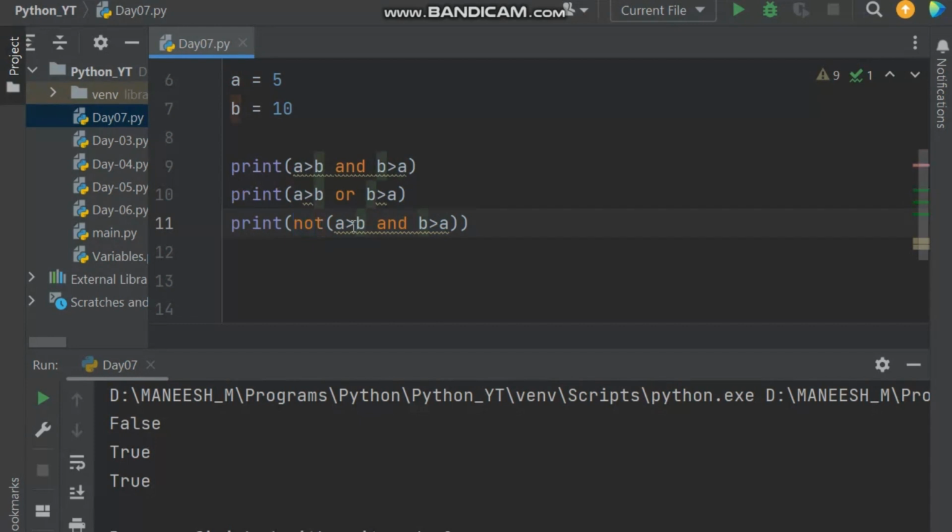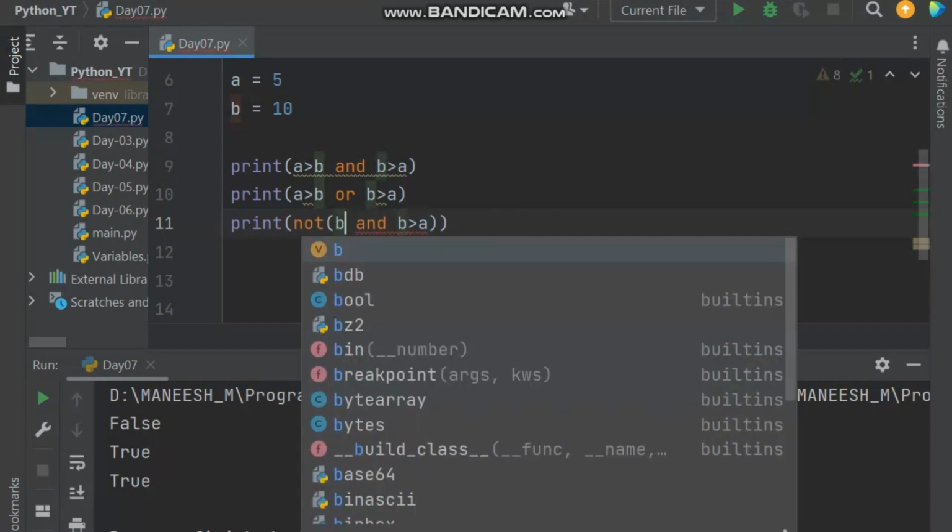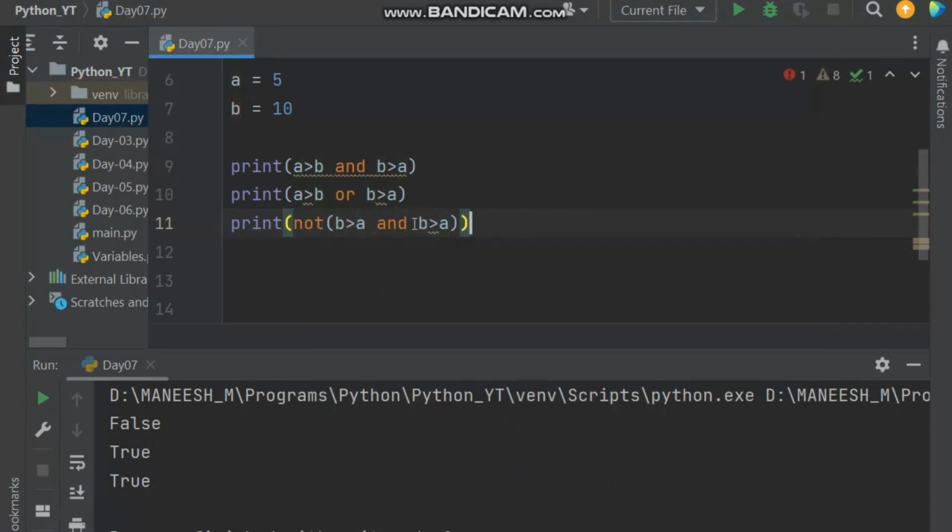Let's assume it is also B greater than A. For instance, we should get a true value, right? But here we'll be getting false because the condition is true. In the same way, we are using NOT, right? For that purpose, it reverses the condition, it reverses the output. If an expression A is true, then not A will be false,